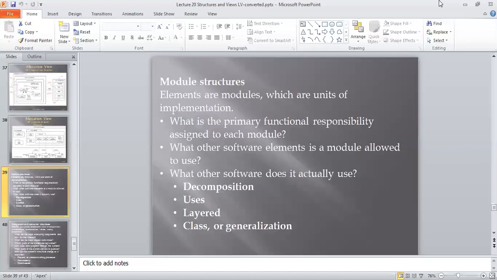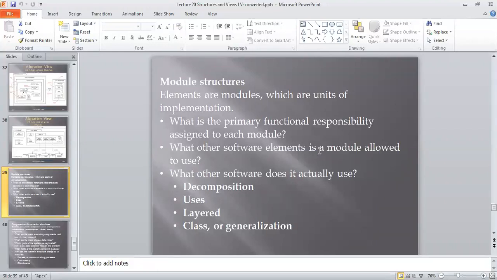Layered means that set of elements with their relationship is maintained with the help of a layered structure. And then the next one, class and generalization. So four components related to the module structure. Is the module structure clear to all? Yes, ma'am.